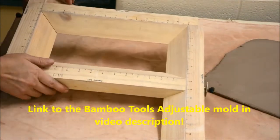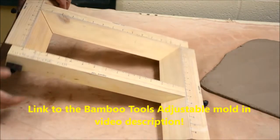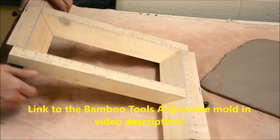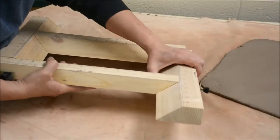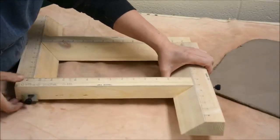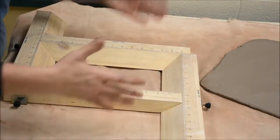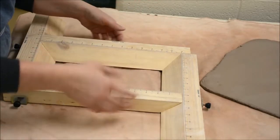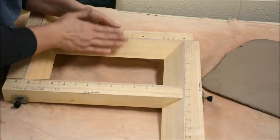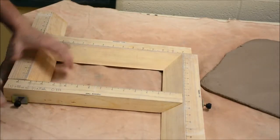In this video, I want to show you how you can use a Bamboo Tools adjustable square or rectangular mold. It is a four-sided mold that is completely adjustable. It has little clamps like this, and the adjustments allow you to completely slide and adjust these lengths of the sides to be anywhere from about 14.5 inches on down. These do have beveled edges, as you can see, so it creates a depth of about 1.5